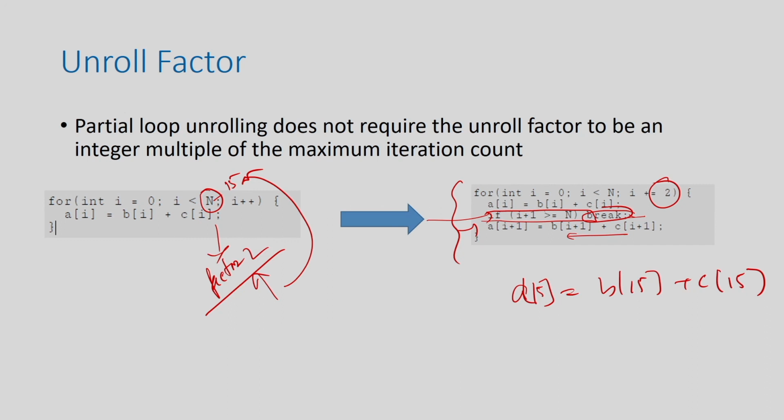But if you try to do it manually, this whole change, you have to physically add this kind of line. Similarly, if you try to unroll by factor 3 here, you have to add a line like, if i plus 2 is greater than or equal to n, then you break. Otherwise, you do A[i+2] equals B[i+2] plus C[i+2]. So, after every operation, you have to check whether i plus 1 or i plus 2 or i plus 3 is greater than or equal to n, then you break, otherwise you do the next operation.